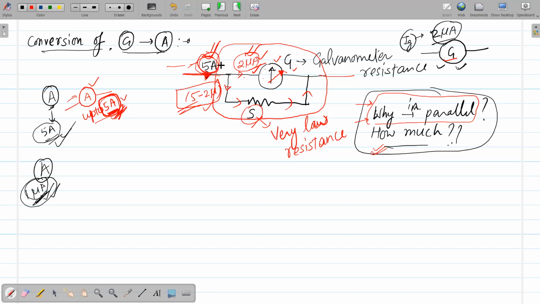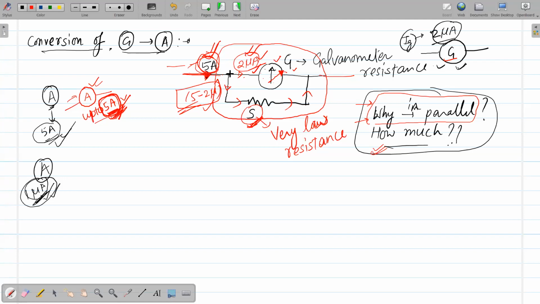Tell me fast. Yeah, got it. Perfect. By just connecting a low resistance wire in parallel with the galvanometer, we are managing the current flow: when the maximum current of that device is passed, the current gets divided. The current will get divided in this manner only when this low resistance wire is managed properly, right?